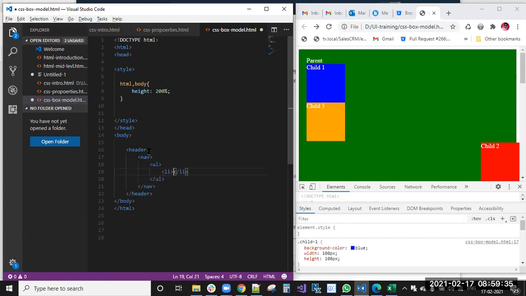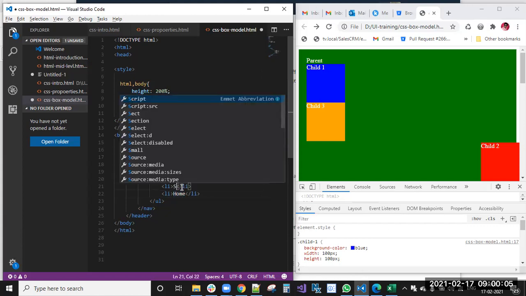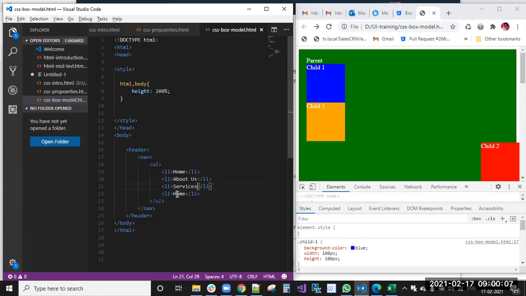Okay, so these are the menu bars. I'm going to create the menu with fixed and sticky, to show how those two work. So in the li items: home, about us, services and contact.